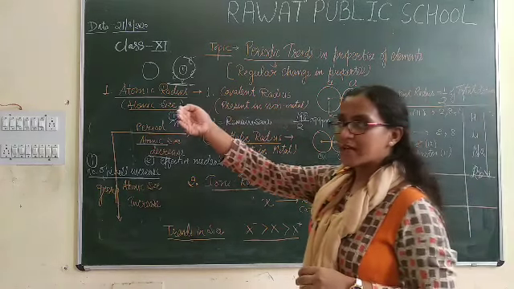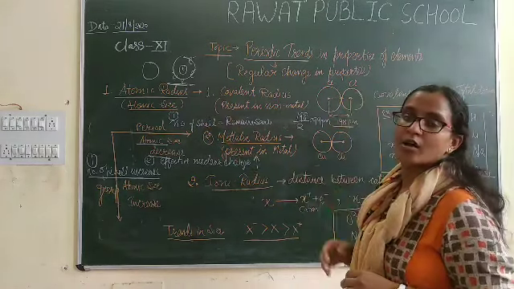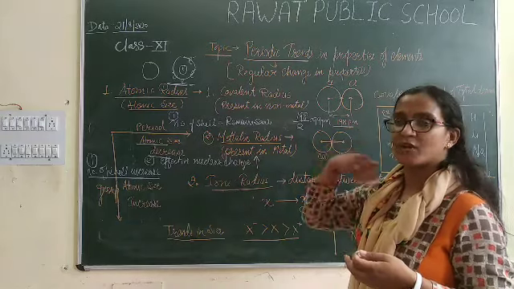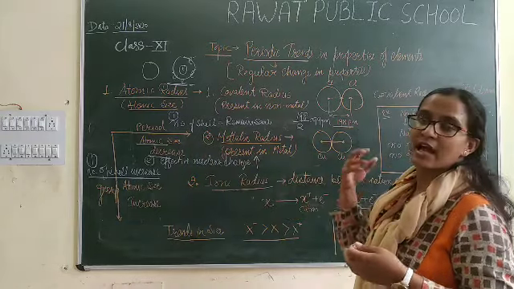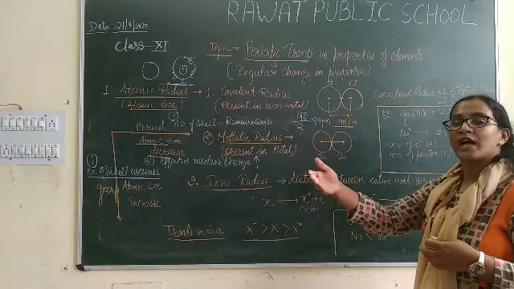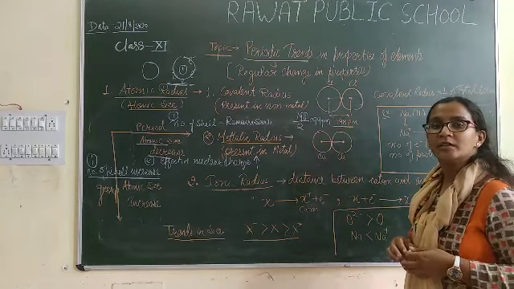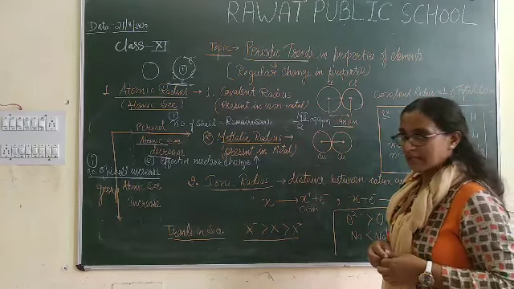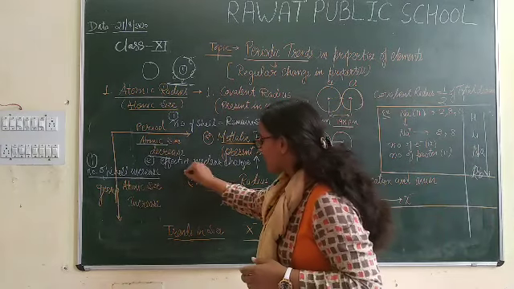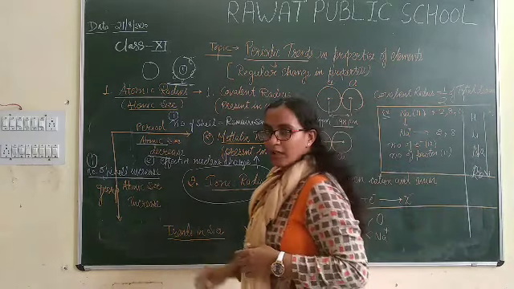So, when we consider nitrogen and oxygen, which one has a bigger size? We said that nitrogen has a bigger size because it comes first, and oxygen has a lesser size than nitrogen because it comes after in the period. Now, we will consider what happens in the ionic radius.